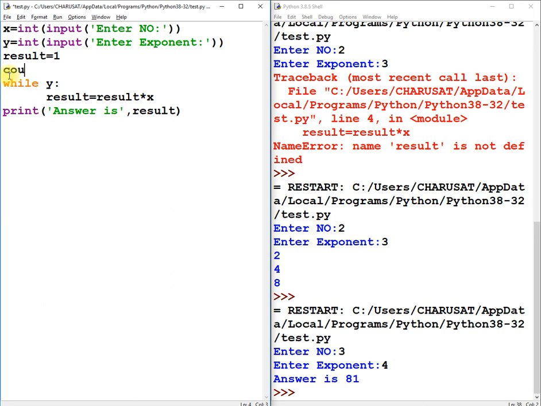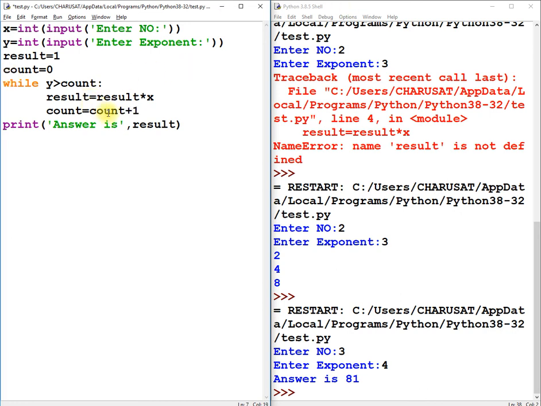So I'll have a counter which will start from 0, while y is greater than the counter, I need to run that program. Every time I'll increment my count by 1.